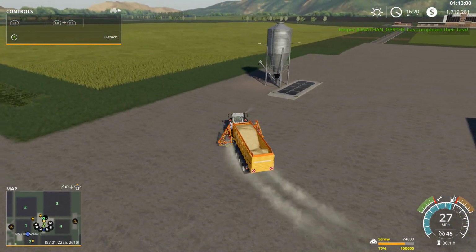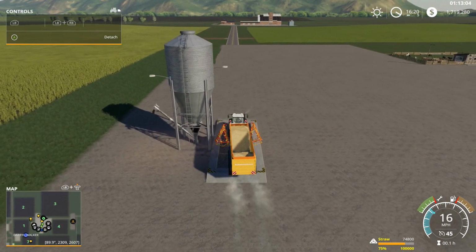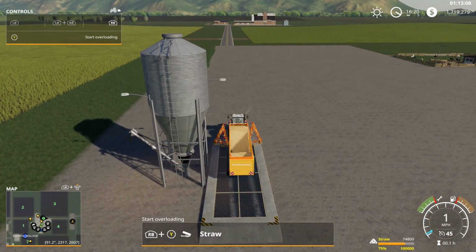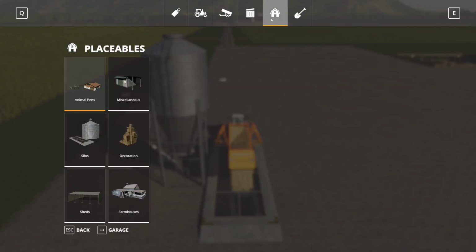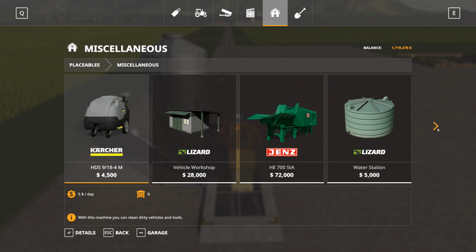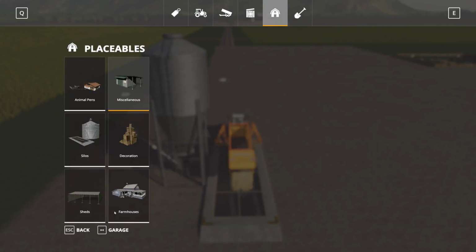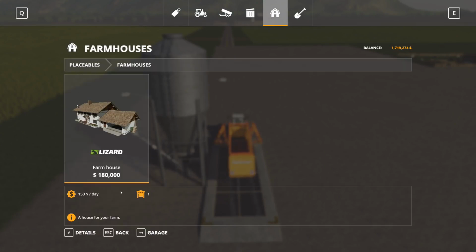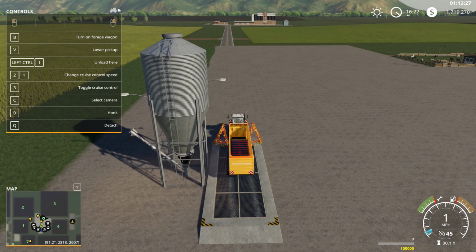Some of the equipment that I put in, like this silo, has lamp posts built onto it. I don't know if they've got a placeable yet for that kind of thing, miscellaneous. I'm pretty sure they don't. It'd be kind of nice if we had a lamp post we could set around. I mean, really, considering the fact that you can put your farmhouse in, but you can't put lights around? Come on. The whole thought, and it's another reason why I'm not happy with Giant